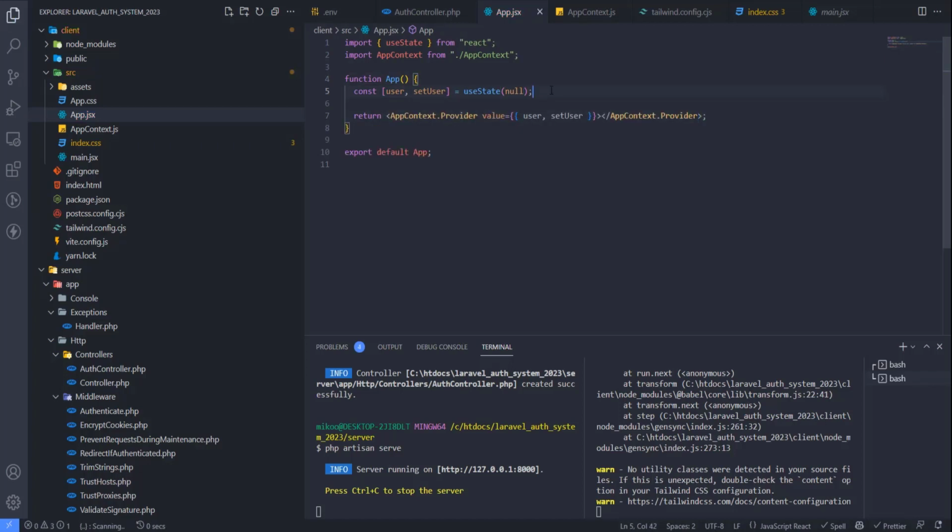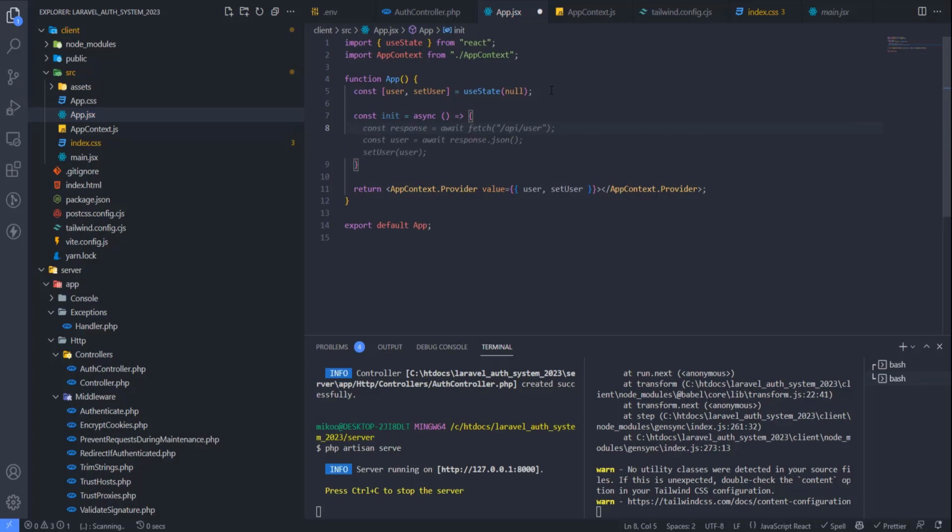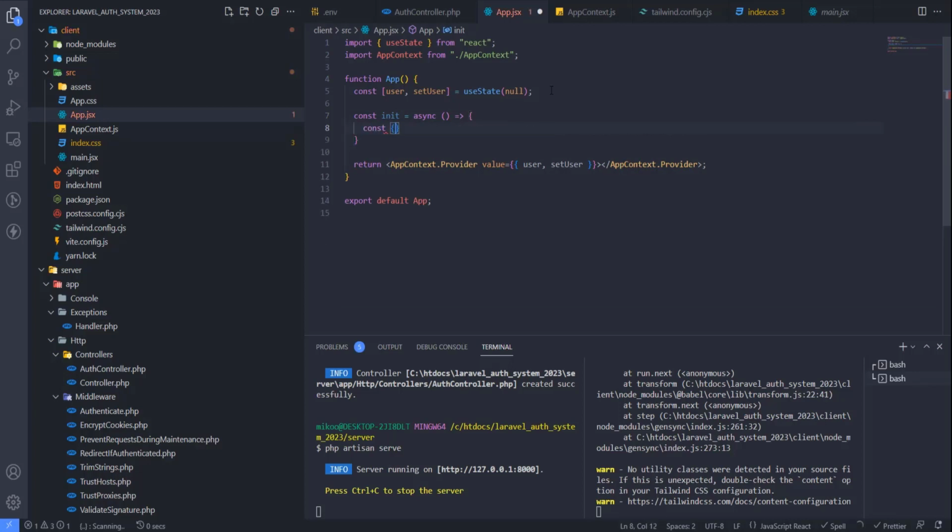So here we will need an init function. So const init equals async for asynchronous function, and here we'll have const data equals await